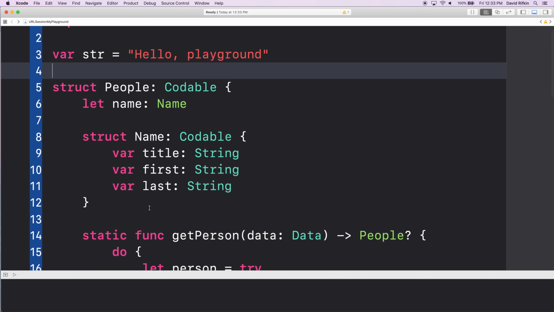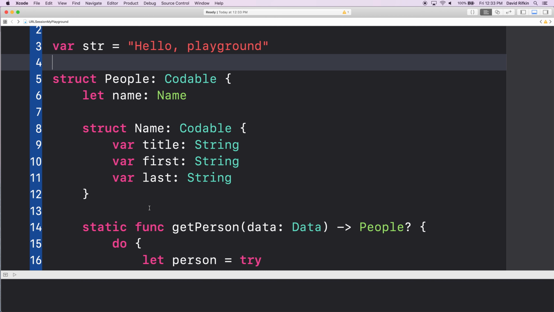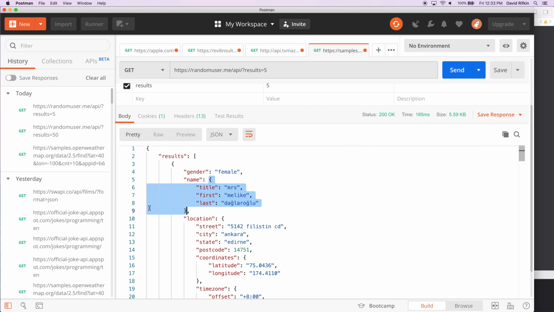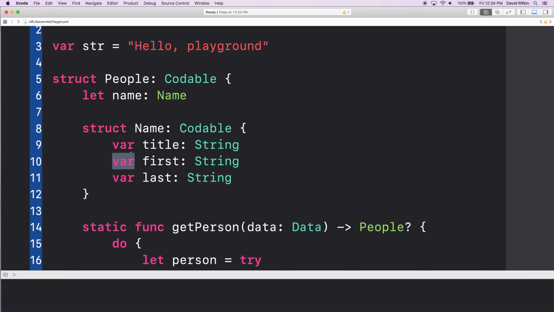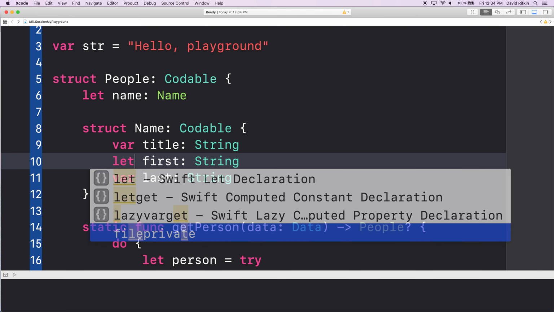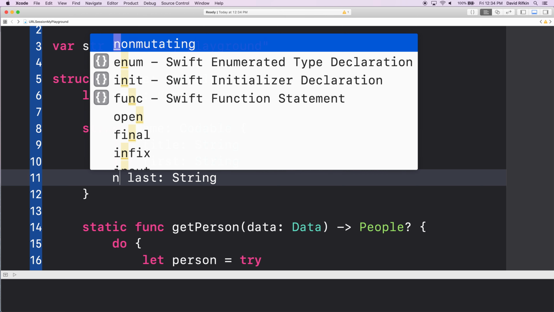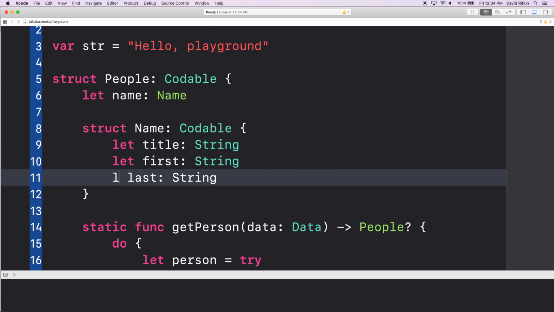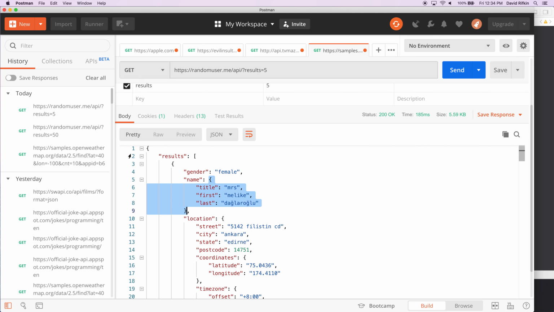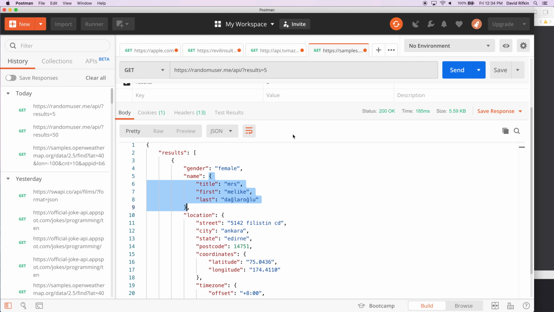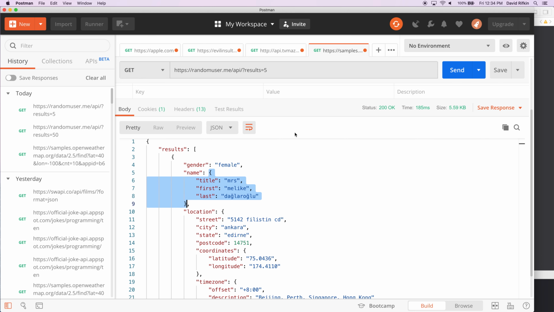So can we go back to the JSON? Hang on, Michelle first. That's a great question because I was not paying attention. Alex, let's look at the JSON. No. Okay. So then in our People struct, right? So let's say we want to